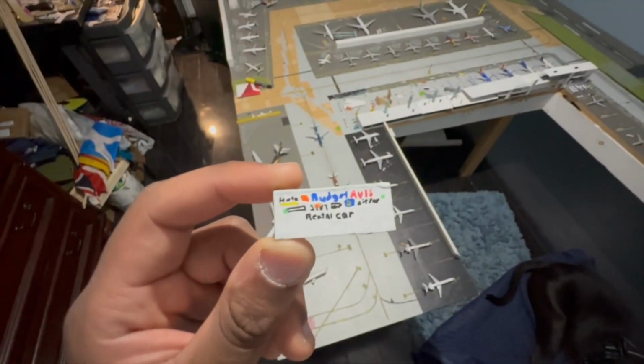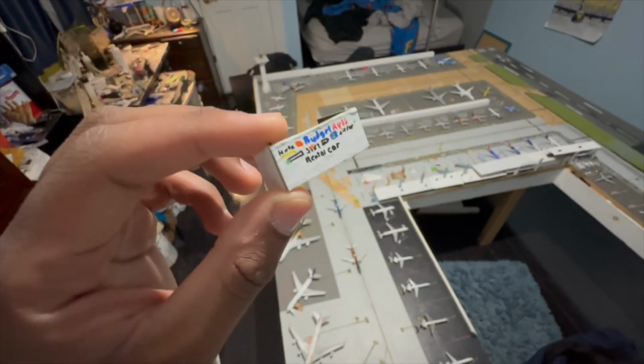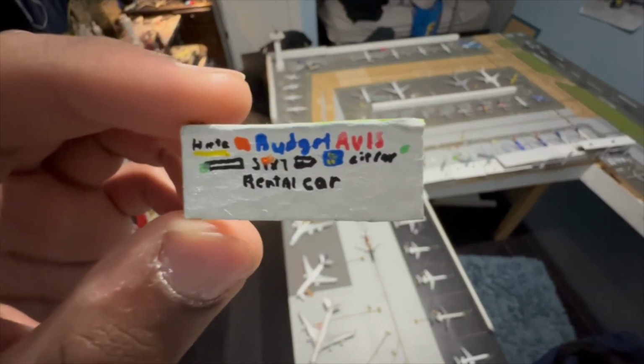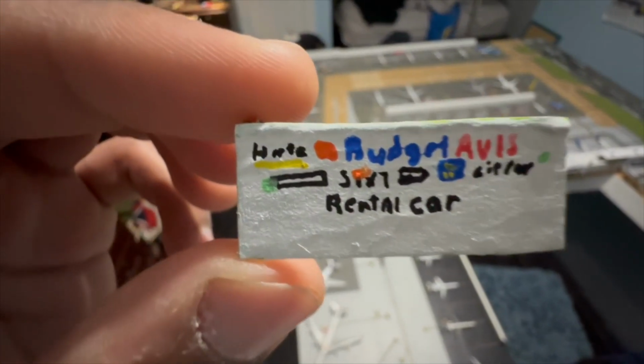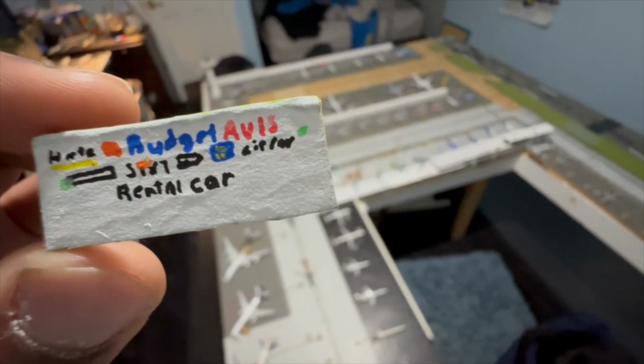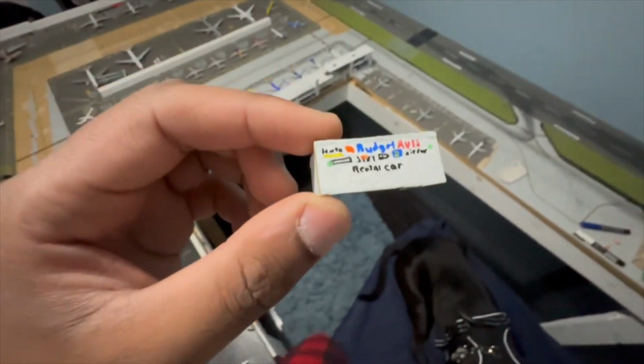All right guys, I worked on the rental car center a little bit off camera because I needed my phone to get the logos. But as you can see, we have Hertz, Budget, Avis, Enterprise, Sixt, Toro, Fox Car Rentals, and Zipcar. And then we put the little rental car label right there. I'm not really sure where to put it,